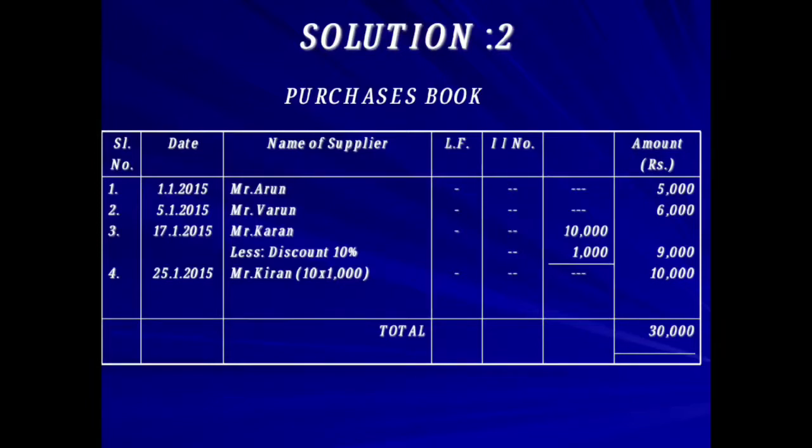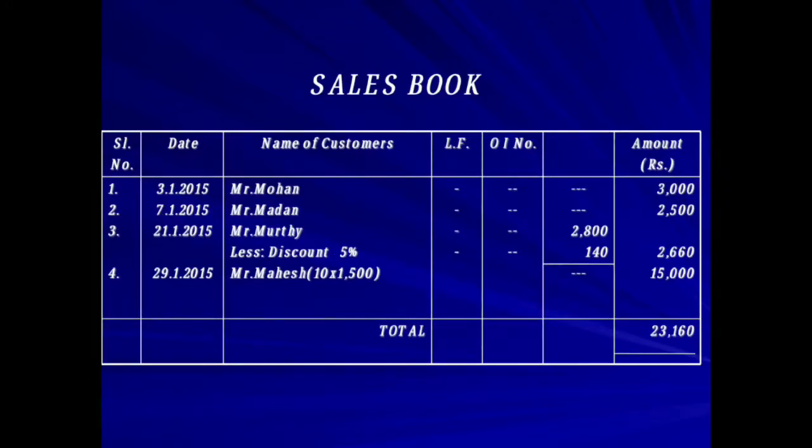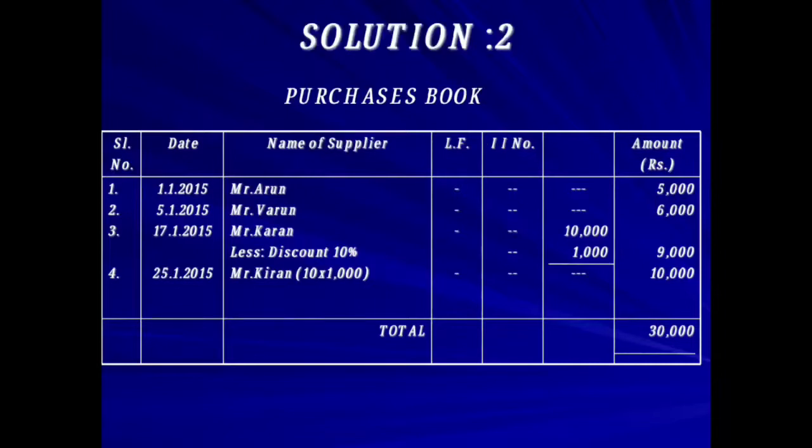Okay. The next come to sales book, which will transfer directly to ledger. Total of the purchase book, how much we got, 30,000 will be transferred directly to the purchase account, purchase ledger. Okay, no need to mention all these transactions once again. Directly purchases account 30,000 will transfer to ledger whenever we prepare the ledgers.